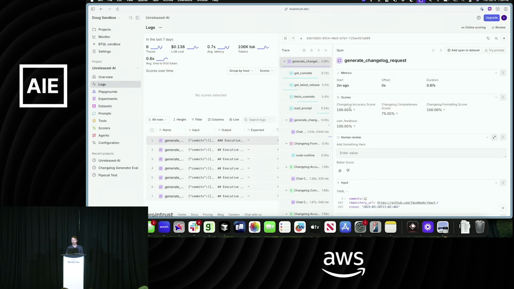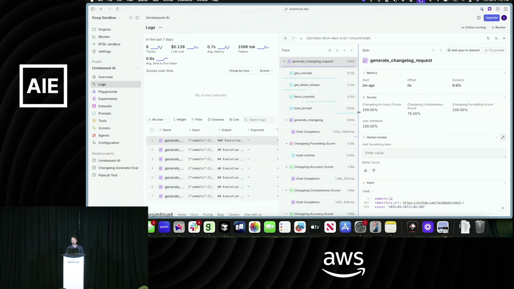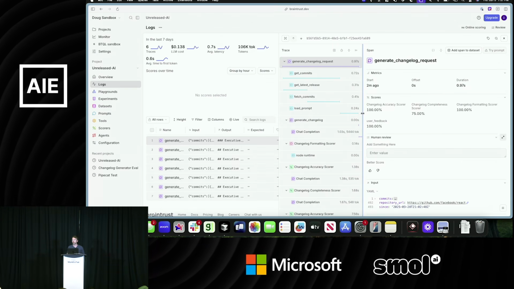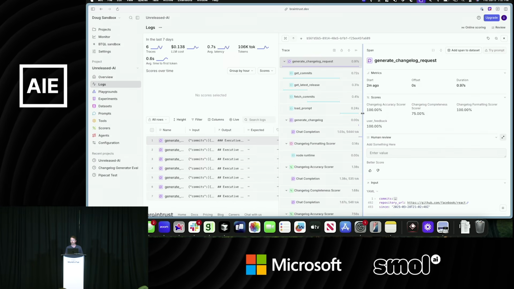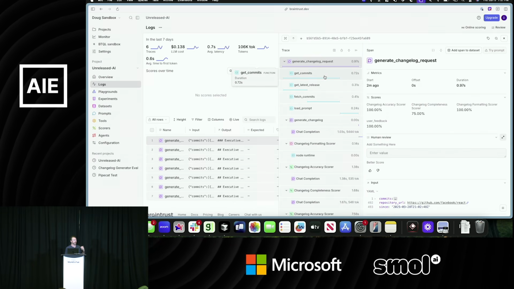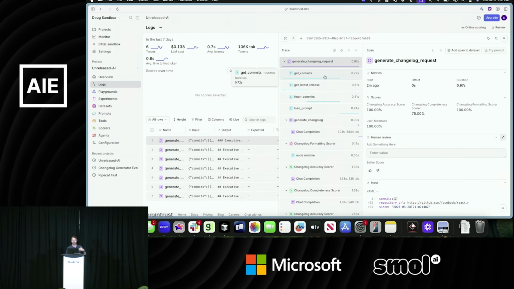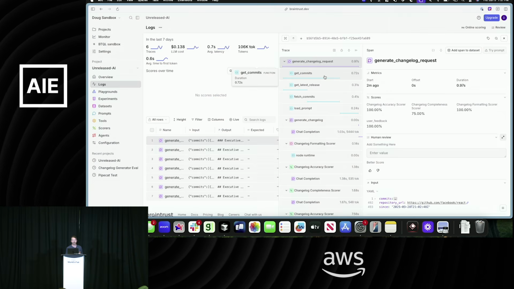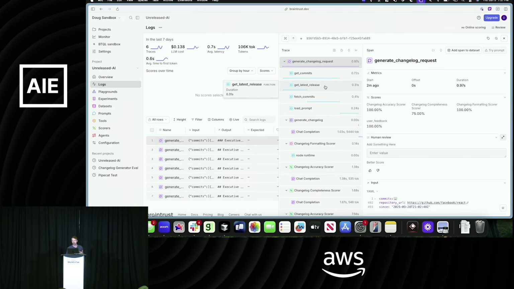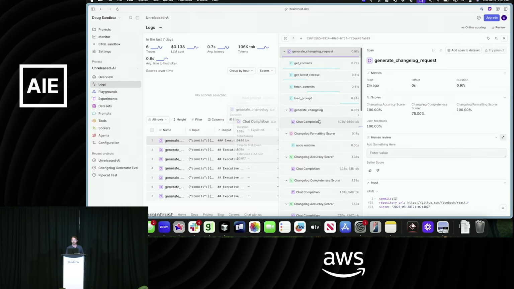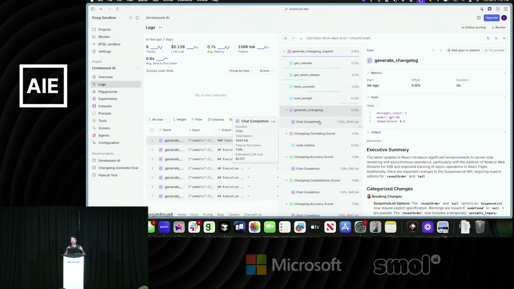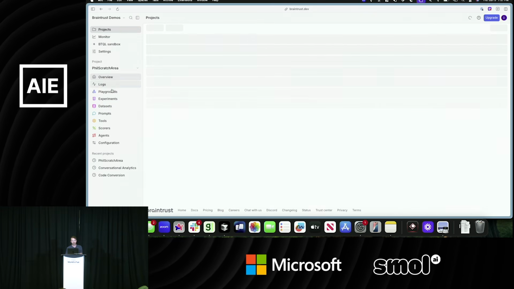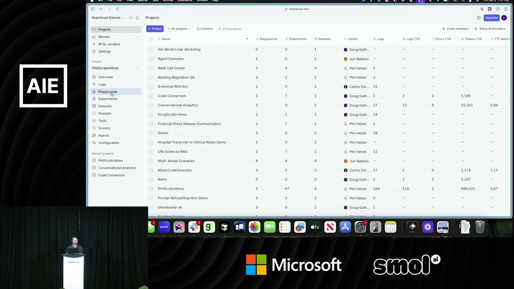Just really quick, I'll highlight some of these things here. This is what it starts to look like when you instrument your application with those different wrappers or trace functions. I'm able to understand at a very granular level the things that it's doing. I essentially have these tool calls where it's going out and grabbing the commits from GitHub. It's understanding what the latest release is, and fetching the commits from that latest release, and now I can generate that change log. But the really unique thing here, and maybe a different example of this, is I can start to score those individual things that are happening.